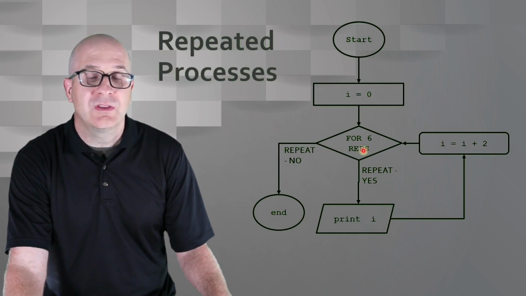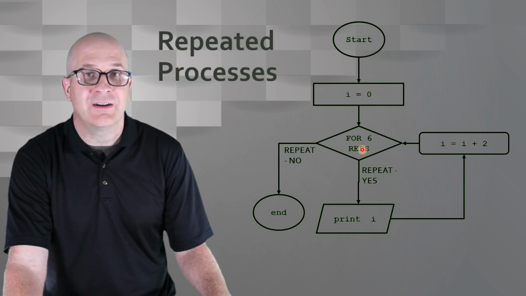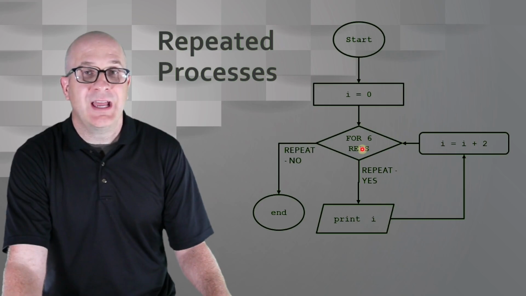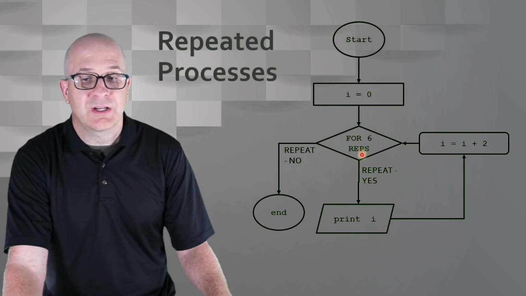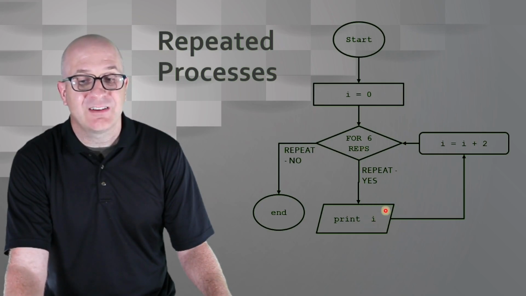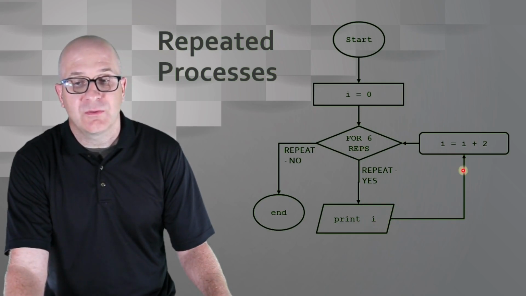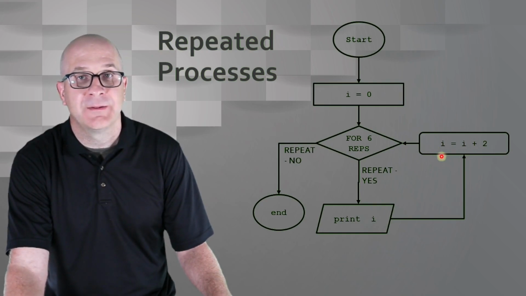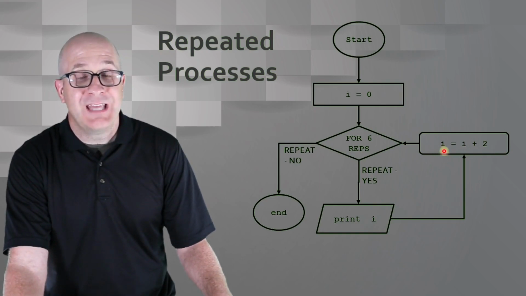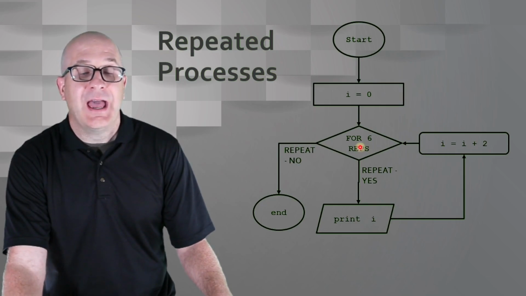We're going to go into this for decider here again, and we're going to do our next repetition, which is our fifth repetition. So we're going to come down here, we're going to print 8, go across here, we're going to add 8 plus 2 to get 10 as a value of I. Once we have a value of 10 here, we're going to go in here, and we're going to do our